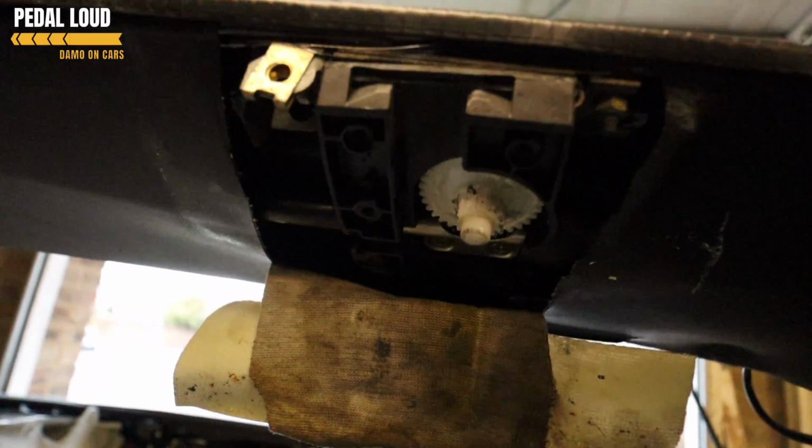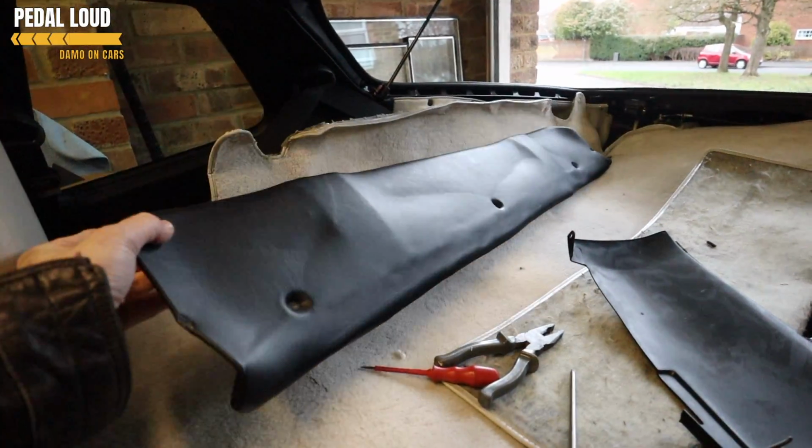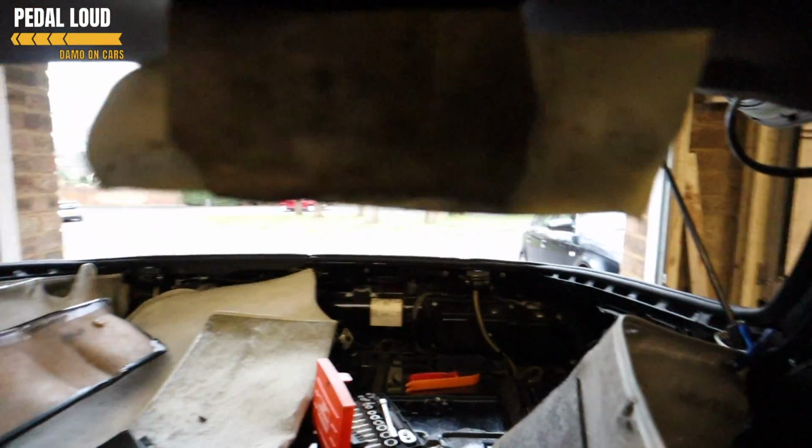Okay, so once you've taken this panel off, there's 6 or 8 Phillips screws holding this panel on, and it just slides off. You can pop the cover of the sunroof arm cogs off. There's about 5 Phillips screws on there, and you can see your sunroof cog in there, and if you look at it